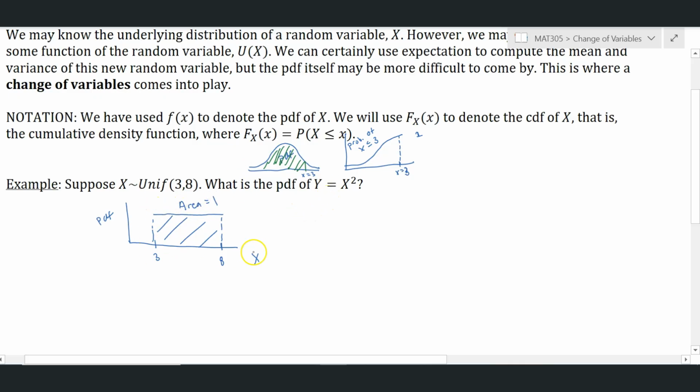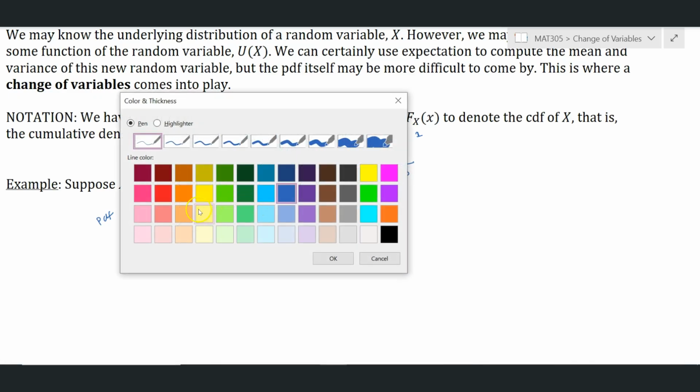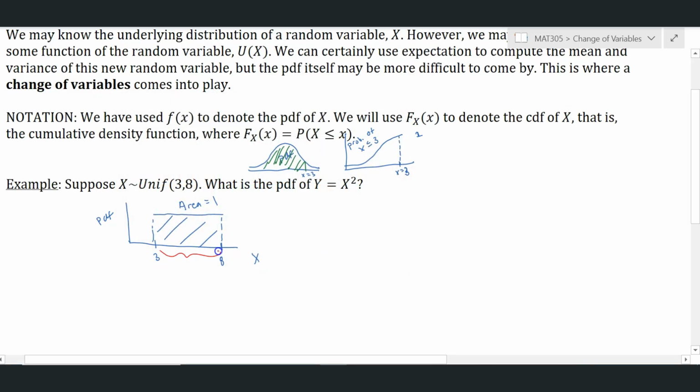And therefore, in order for this rectangle that has a width of 5 units to have an area of 1, it has to have a height, an f of x, which is constant, because it's going to be the same all the way across, such that 5 times f of x is equal to 1. So the area of that rectangle is 1, and that means that f of x is equal to 1/5. So it's simple enough, the probability density function. But let's say that what we want is the PDF of y equals x squared. Okay, so if we wanted that, then we could